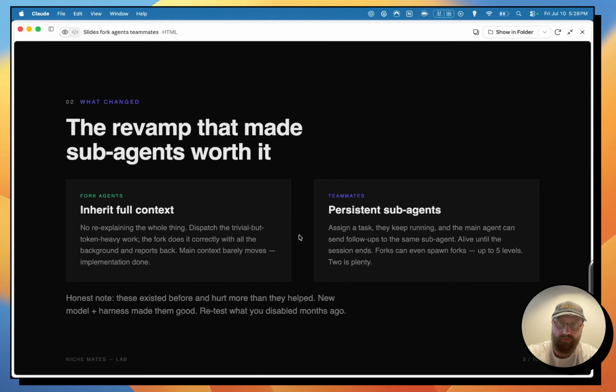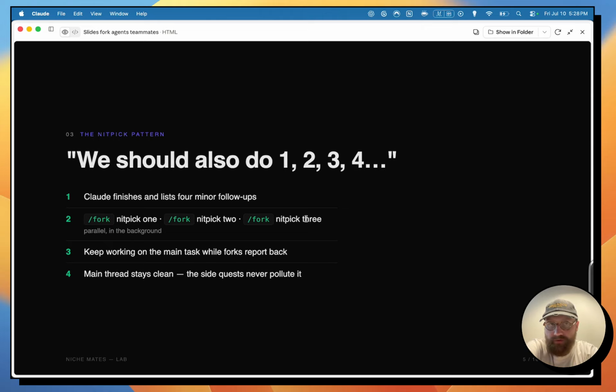Another thing that changed is that you can have sub-agents of sub-agents up to 5 levels deep, which can get crazy if you don't watch out. But ultimately, it means that the delegator can continue to delegate while keeping the main context lean. Oftentimes you'll run into the following situation where Claude will finish a task and it will say, hey, we've done everything, but here are 4 small things I would implement, called nitpicks. And so what you can do now, without saying, okay, let's fix them all, which then inserts all the back and forth into the main context window,